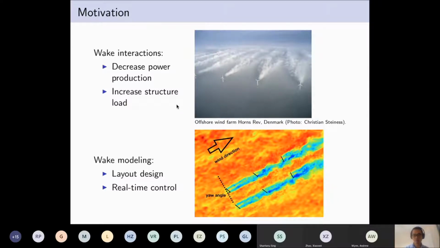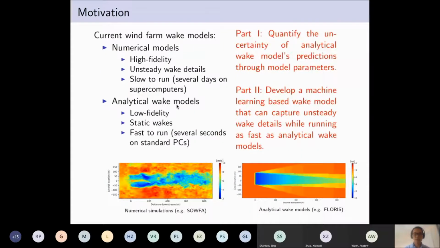Here we show an example of a simulation case of a 6-turbine wind farm, where we used the yaw control strategy. As we can see, the front turbine operates in a yaw condition such that the wake it generates is shifted away from the downstream turbines, so that the overall wind farm power generation is optimized.